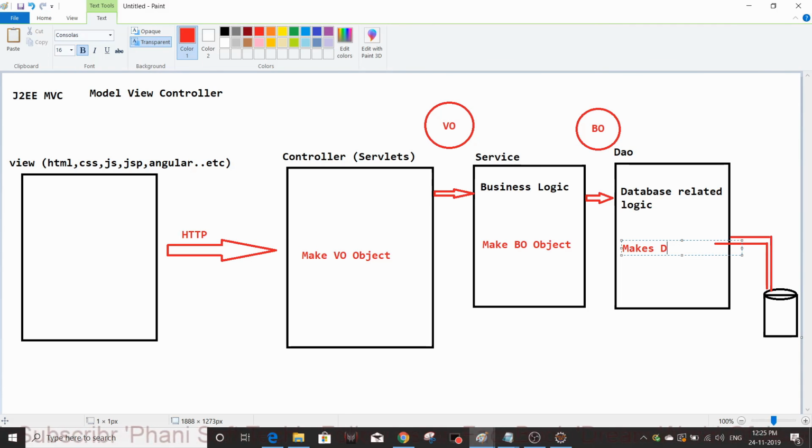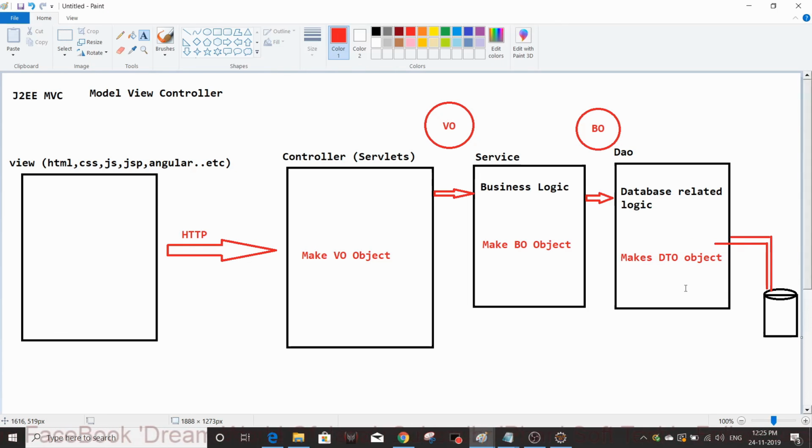It makes a DTO object. DTO means data transfer object. We are going to use DTO here.